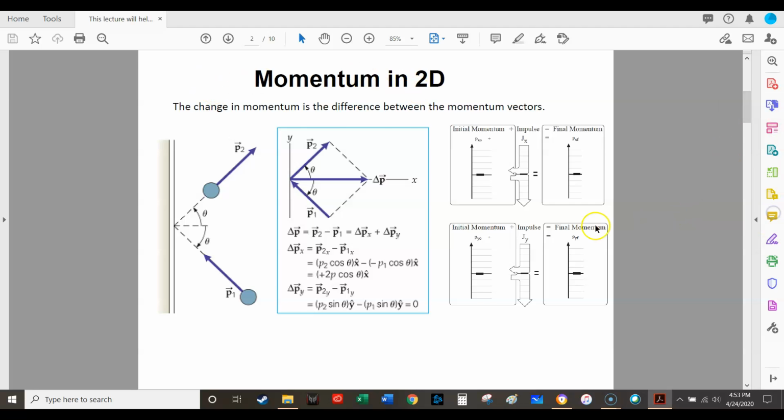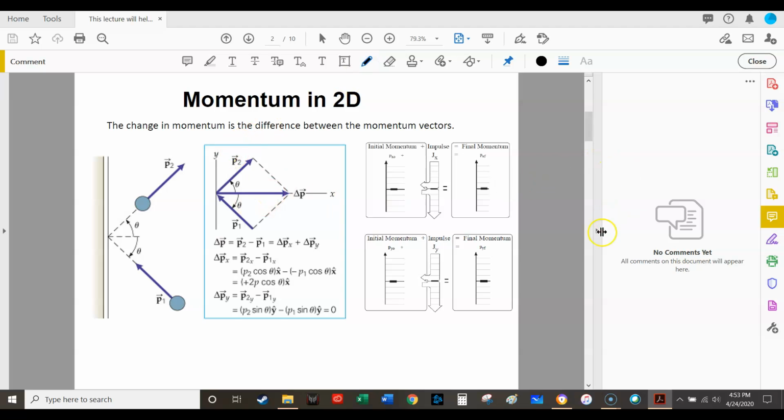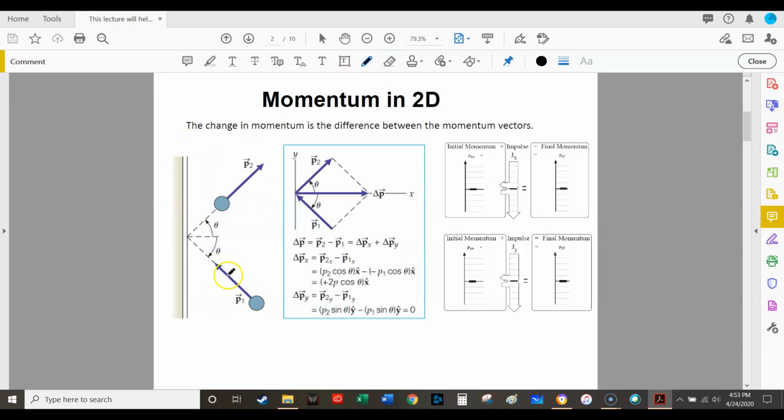So I'm going to mark up this document, and I want to illustrate what is being demonstrated by this problem. Here we have a ball, and this ball is coming in right here with an initial momentum. Now when it hits this wall, the wall is going to give this ball a force and push it directly outwards. If it's coming up and to the left, it's going to continue moving up. So it's got an initial momentum in the y direction upwards, and that is going to continue